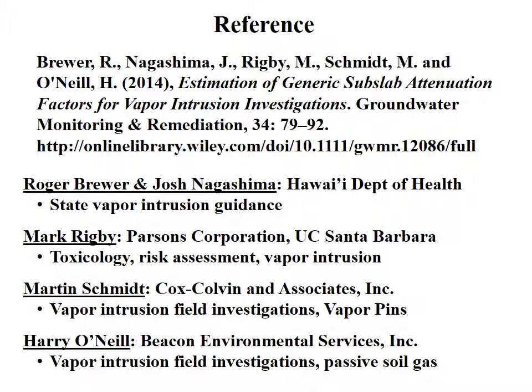We had three co-authors for the paper. First, we wanted to get someone really good in risk assessment, toxicology background, vapor intrusion. So we recruited Dr. Mark Rigby with Parsons Environmental, also with UC Santa Barbara. We also wanted to get some people with a lot of field experience to co-author the paper. So we got Martin Smith with Cox, Colvin and Associates, a lot of vapor intrusion field investigation experience, and also